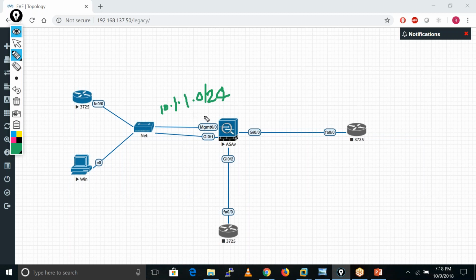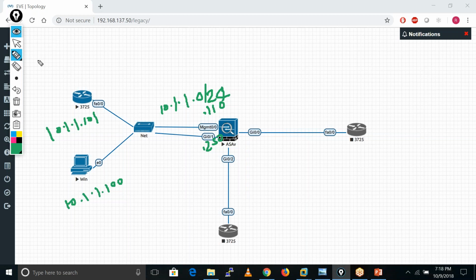I'll configure the IP address on my inside interface, 250, and I'll configure the IP address on my inside Windows PC, which is 10.1.1.100 here, and one IP address on my inside router, which is, let's suppose, 10.1.1.101.